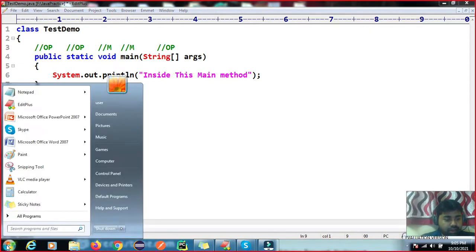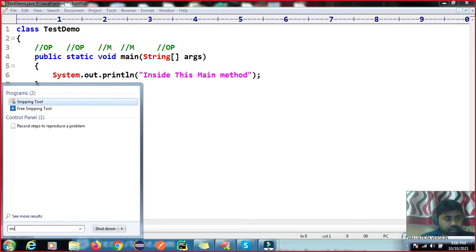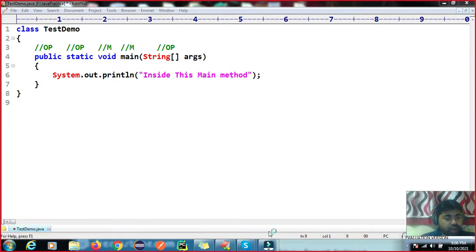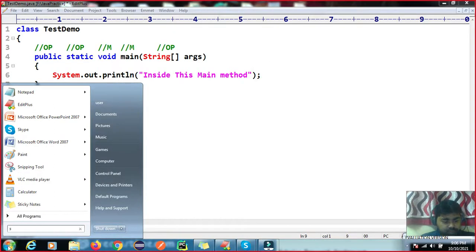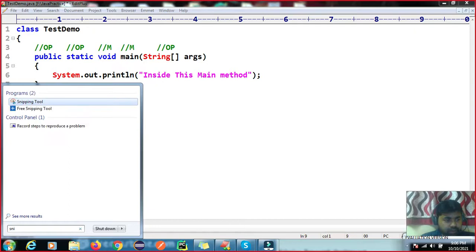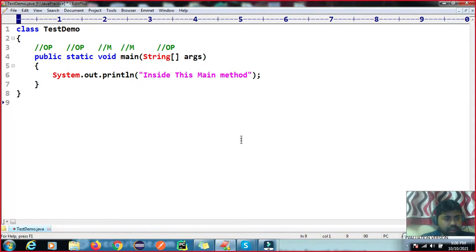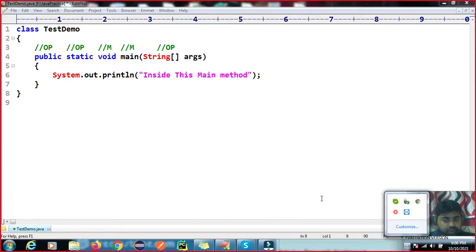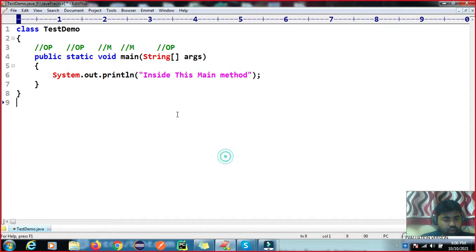Snipping tool. Okay, so whatever we have learned yesterday, one second, just let me try with this tool, whether it will work or not. I think this is not working.